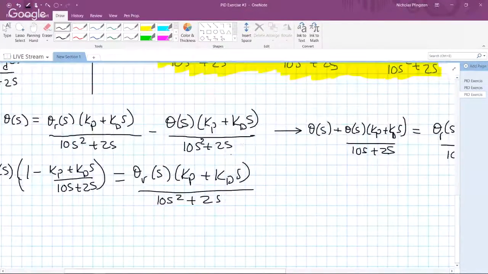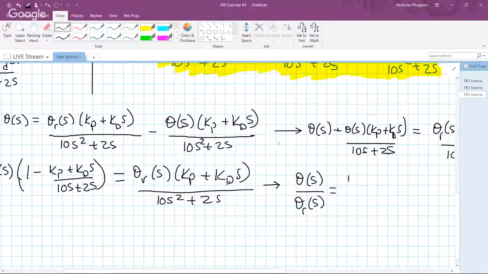So now this becomes theta of S all over theta sub R of S equal (Kp plus K sub D of S) over 10S squared plus 2S,